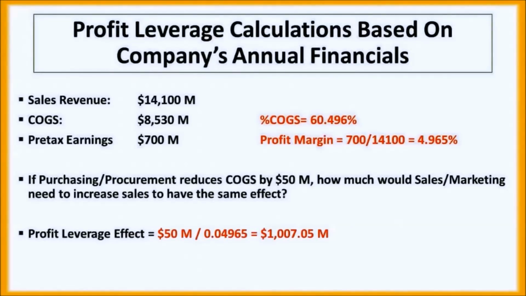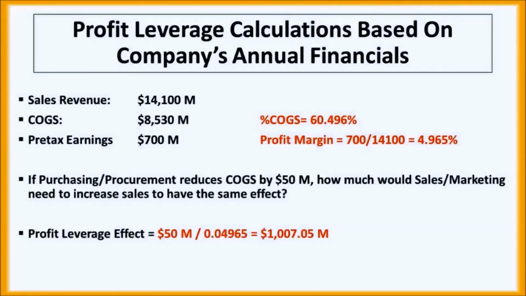So profit leverage effect will be equal to the savings that was done by the supply chain divided by the profit margin. And in class, we showed you some examples about why this is. You don't have to know necessarily why it is on the exam, but you do need to know that the profit leverage effect is the savings that's done by supply chain divided by the profit margin. And so we see here that that profit leverage effect is